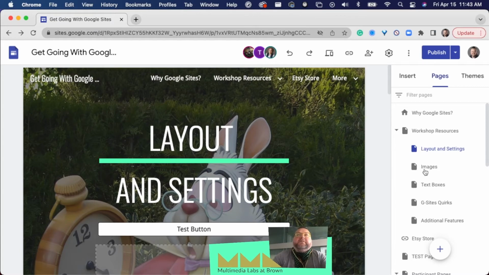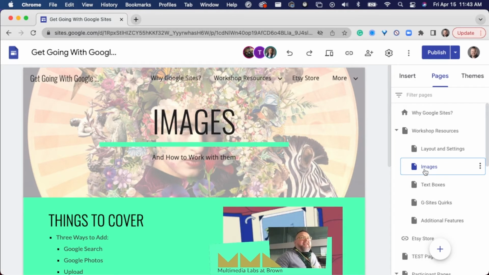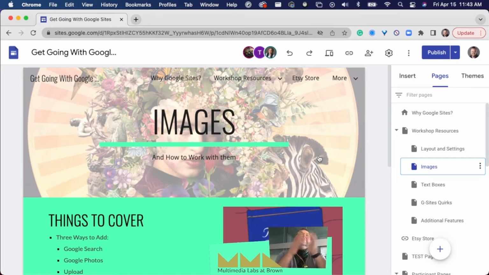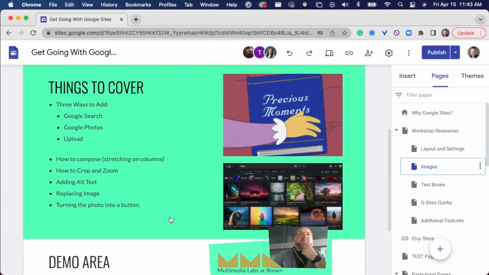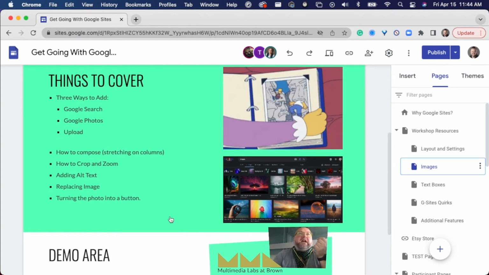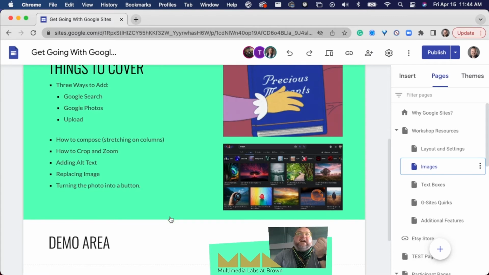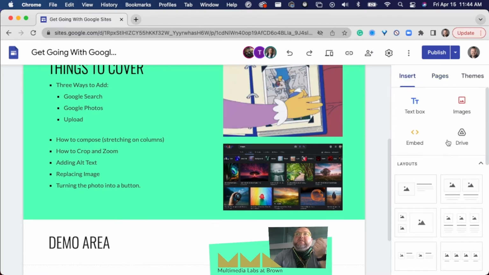All right. So let's move on to images. Oh, wow. It's 11:43. How did that happen? Okay. So now we're going to look at images. Here, we're just going to play around with images and how to add them. From the Insert tab, you're going to click Image,